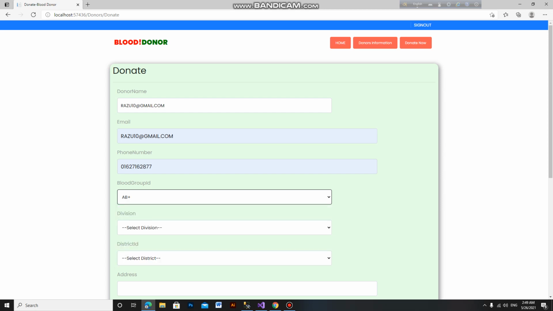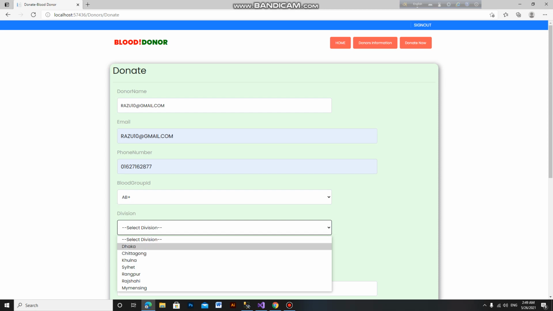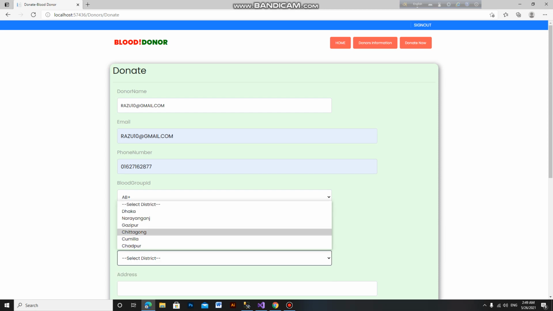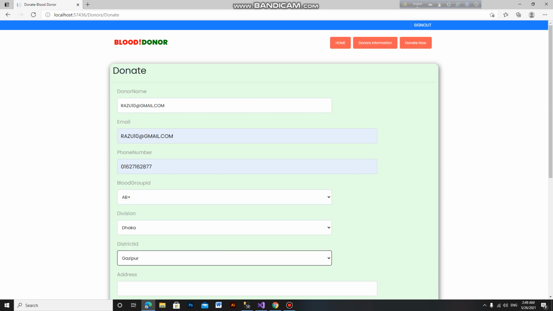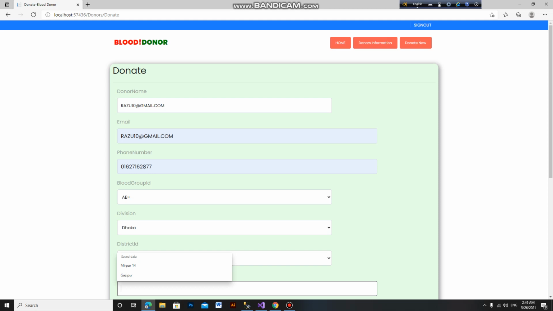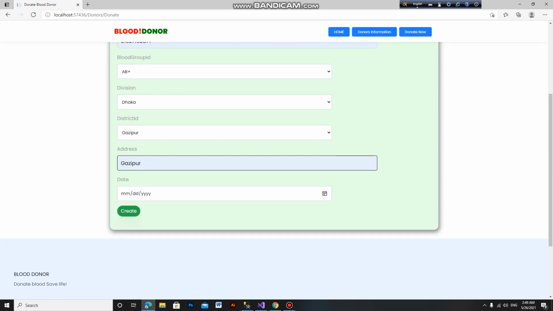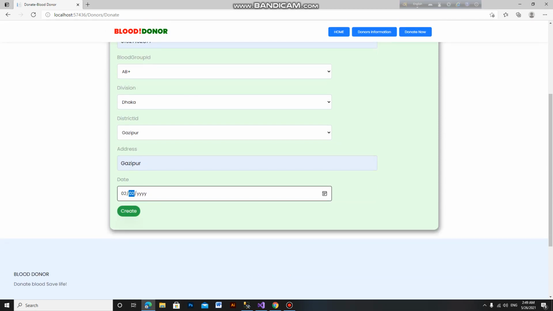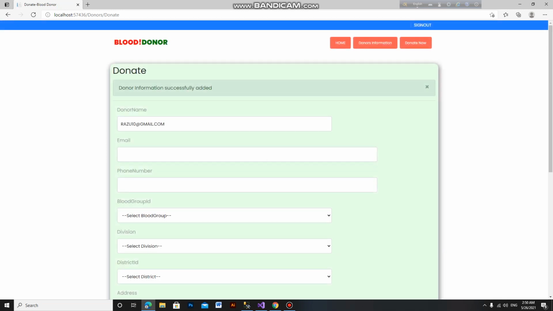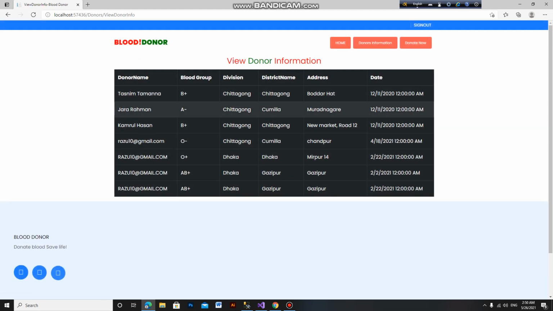Select the division, Dhaka, select the district, Gazipur, and address, Gazipur, and select the date and create. The donor information has been successfully added. So we see the donor information. This is the last added donor information, Gazipur, and details here.